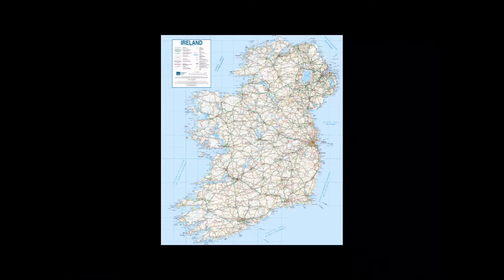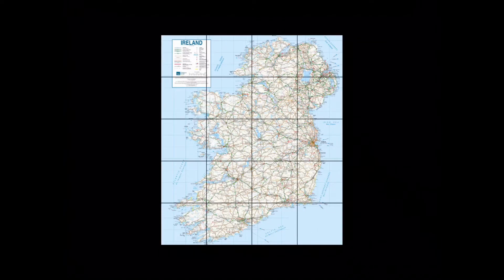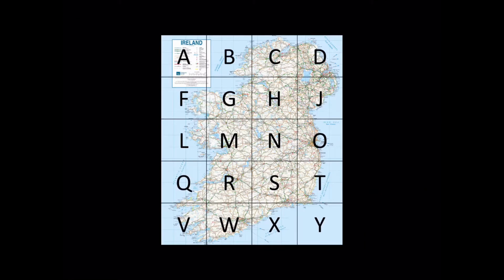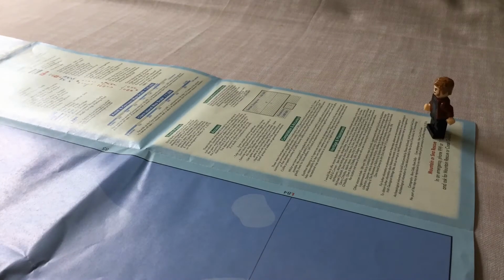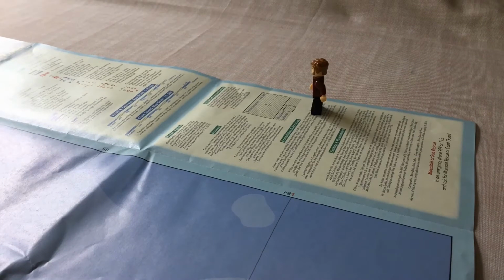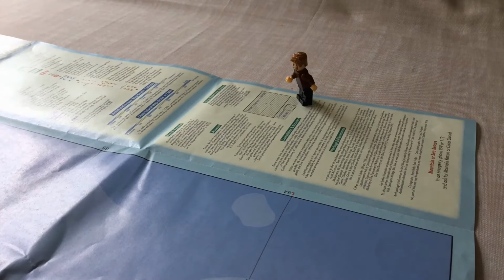So first up, the country is split into 25 evenly sized squares. Each of those squares is given a letter. That makes up the first part of a grid reference. Now to find the letter, we normally just look on our map, but as our assistant is here, he's showing us that in the information area, we might also be able to find it.